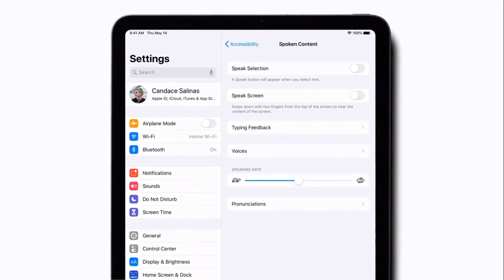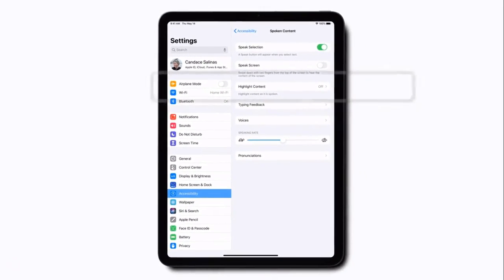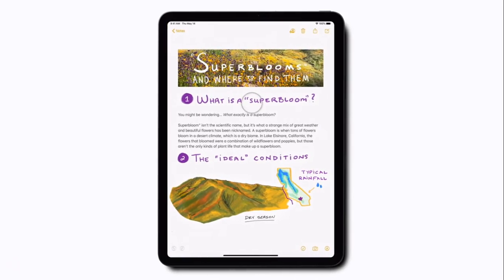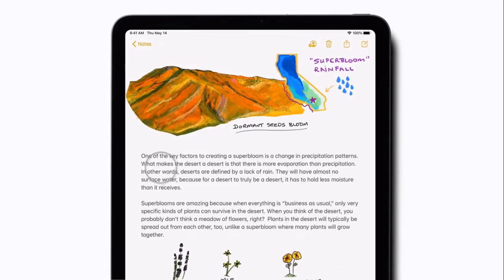Speak Selection will read aloud text you select in apps like Notes, Mail, Books, Safari, and more. When you turn on Speak Selection, the Highlight Content option will appear. This will highlight words, sentences, or both as they're read aloud. Here's what Speak Selection looks like in action. Just select the text,